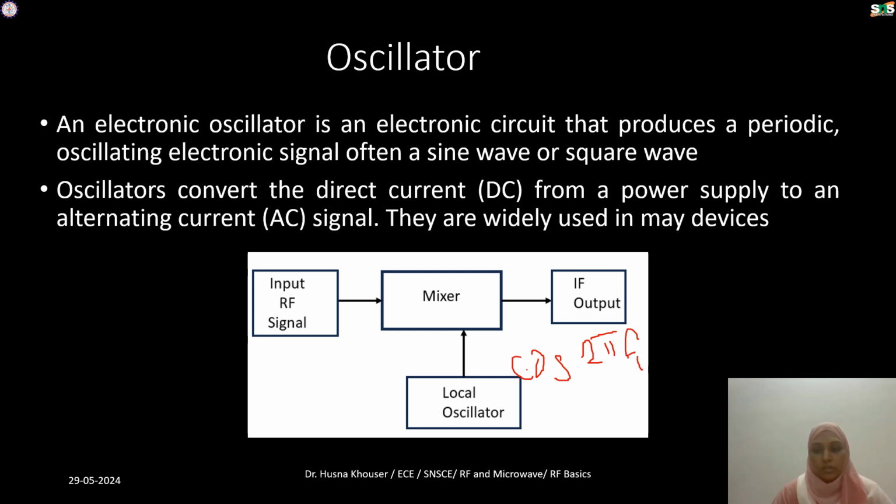So here this f naught is the high frequency. You can see this oscillator is not directly connected to any input signal or the output signal. It is a separate block which generates the high frequency